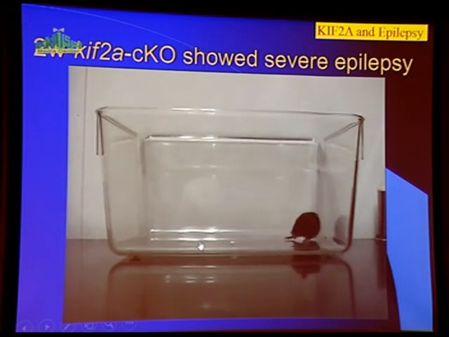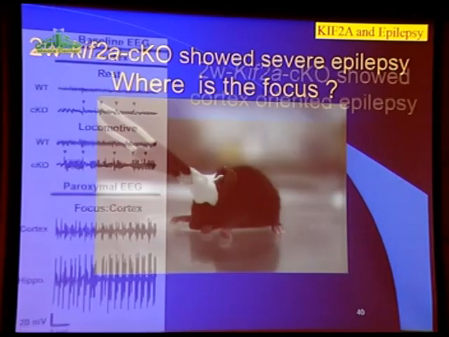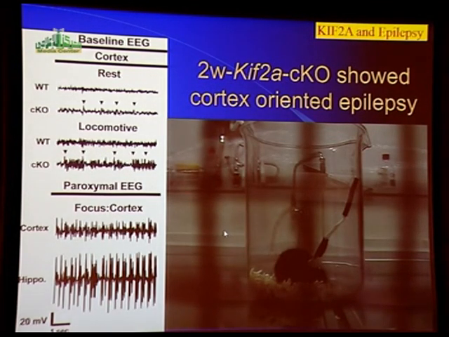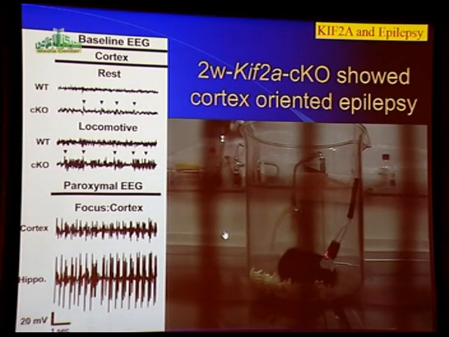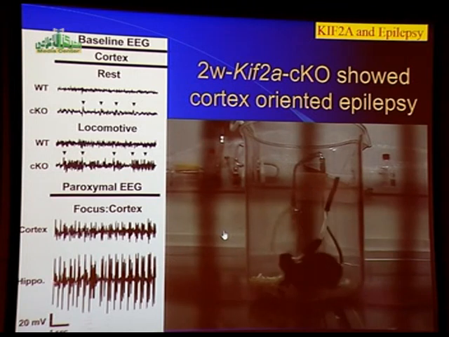Okay. You can see severe seizure. Okay. So where is the locus? So we found both cortex and the hippocampus, the severe seizure occurs. I show you one video. It's a cortex-oriented epilepsy. So during this seizure, we recorded